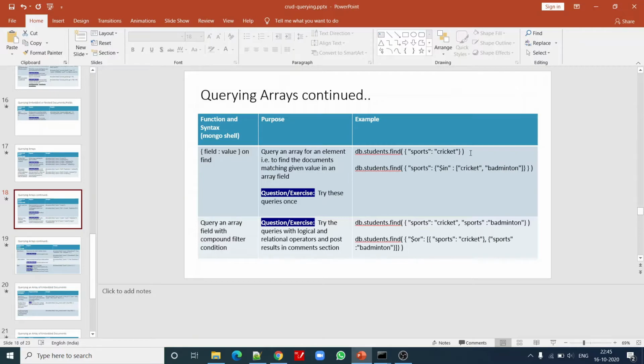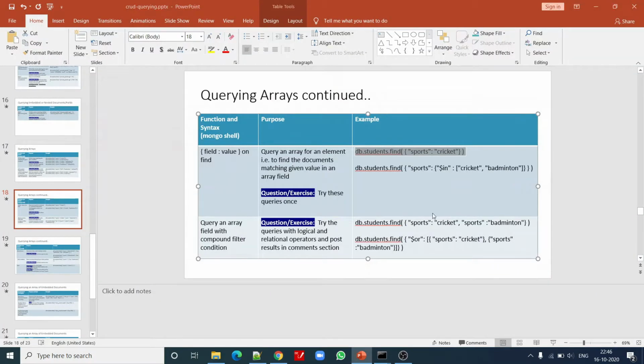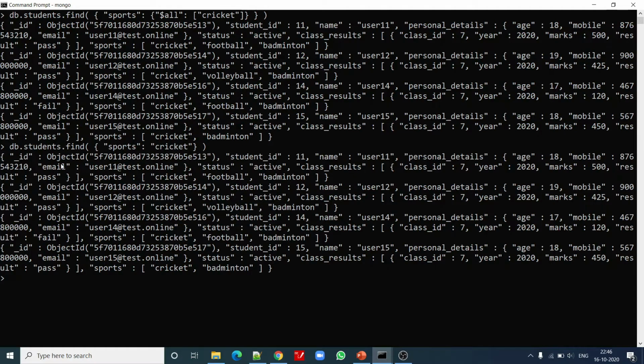Now I want to find out the students, again with a little different syntax. Copy, paste, and this query is a little more convenient than $all, but it will find only cricket, right? We cannot specify more than one value here. We will see in a couple of queries from now how to specify multiple conditions. I have already shown you that in the slides.